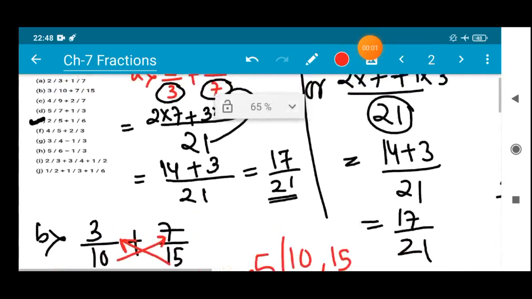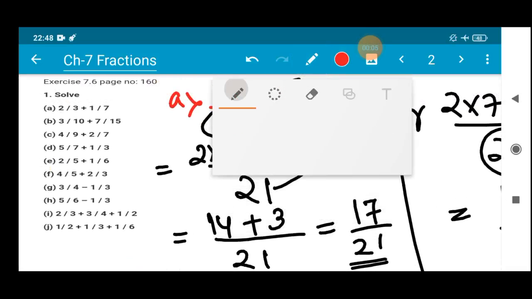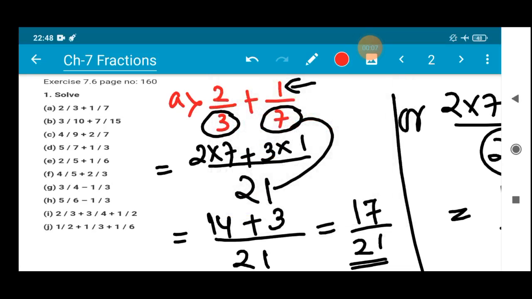As I have mentioned, we will be doing till number E for today's session. In our next class, we will proceed with the next sum. Till then, I want you all to do F and G as a home assignment. Number F and G as a home assignment.